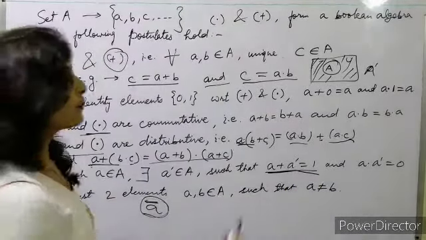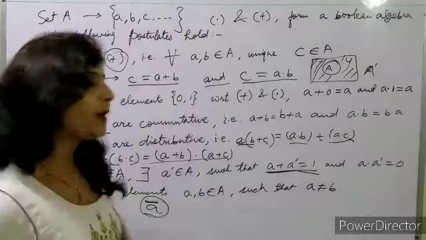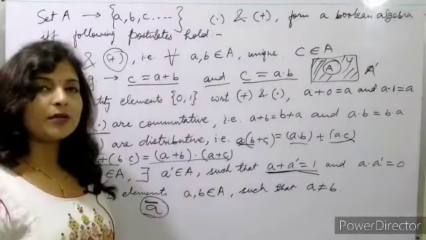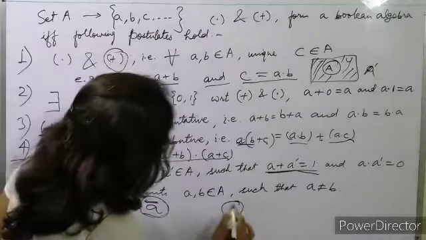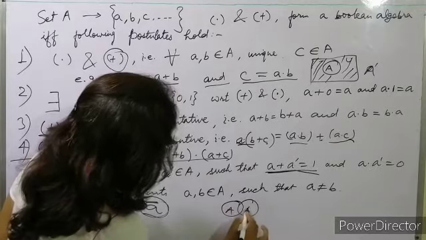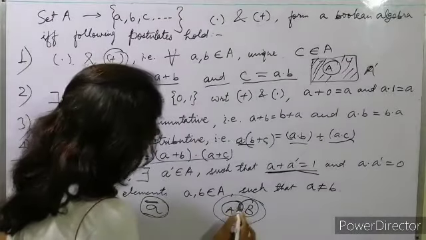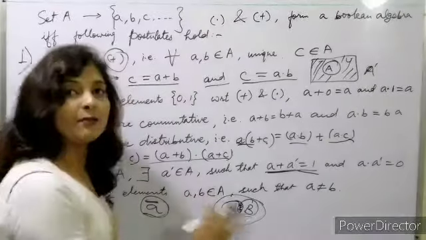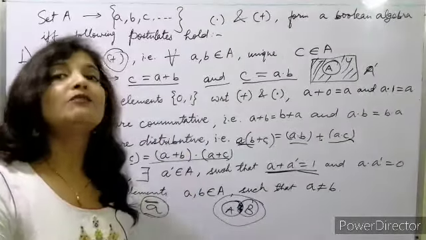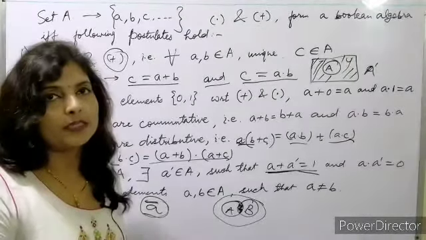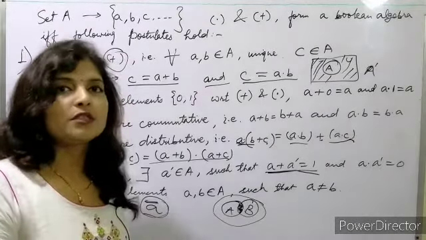And when we are multiplying, A into inverse of A, that will be 0. Okay, because multiplication means the AND operator, and whenever we do AND on two sets there should be some common point. If we do A and B, there is something that is in both A and B, and that will be the answer. But in case of A and A dash, A and inverse of A, there is nothing common, so A into A dash, A into inverse of A, will be equal to 0, always 0.